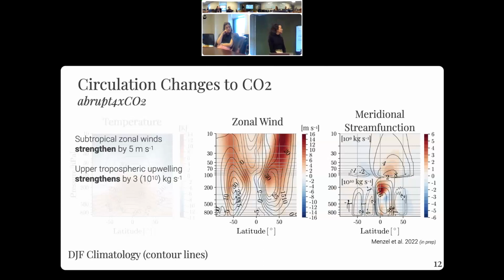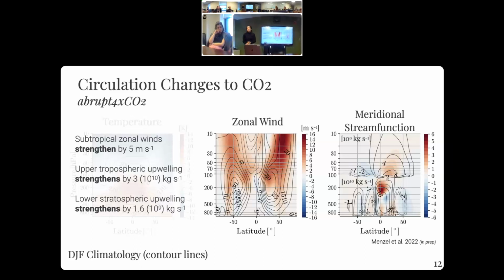And if we look at the change in meridional stream function, we see a very large strengthening in the upper troposphere of the mean meridional circulation. And then a little bit more subtly, so this upper tropospheric strengthening is about 3 times 10 to the 10 kilograms per second. A little bit more subtly is a strengthening of the stratospheric circulation by about 1.6 times 10 to the 9 kilograms